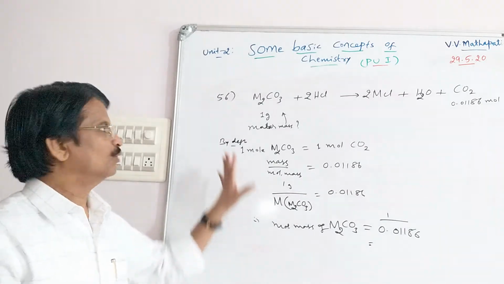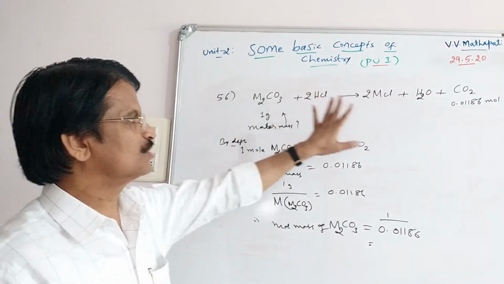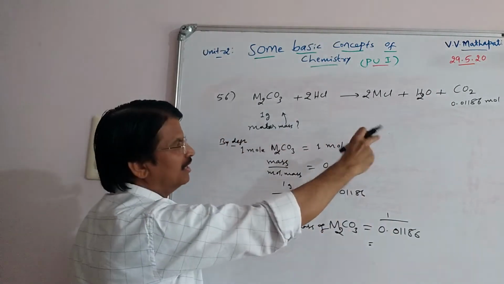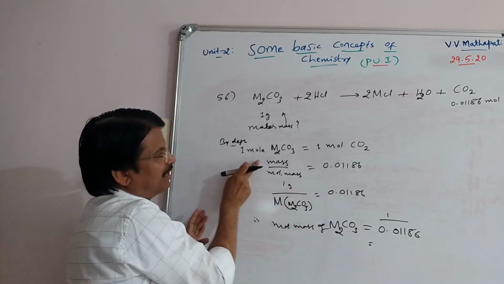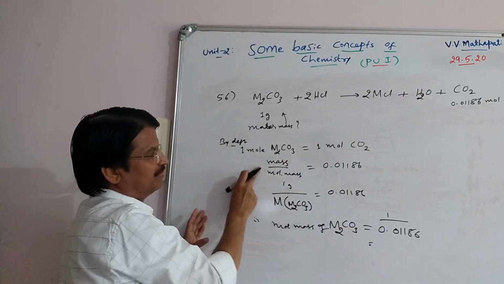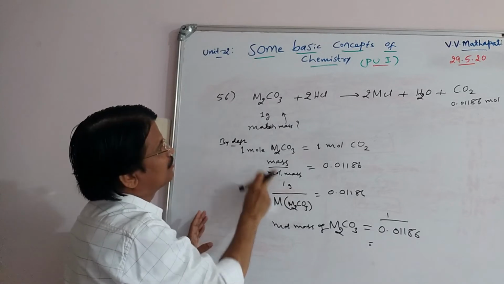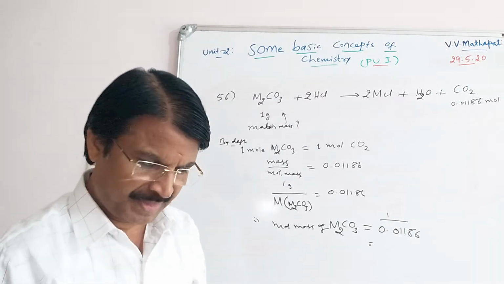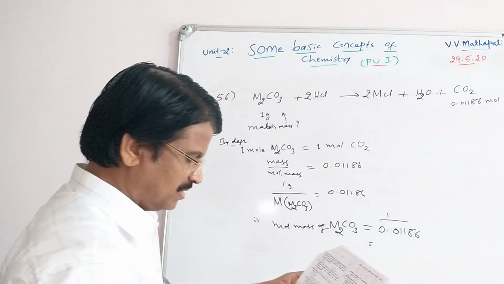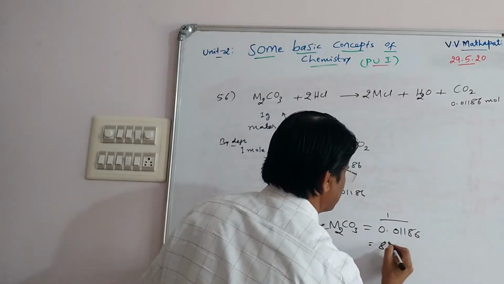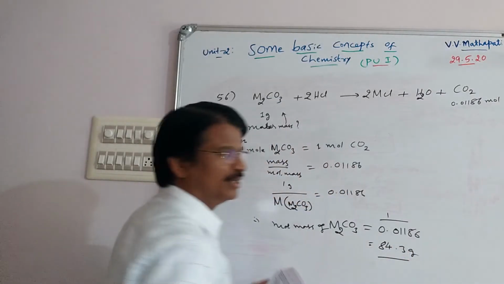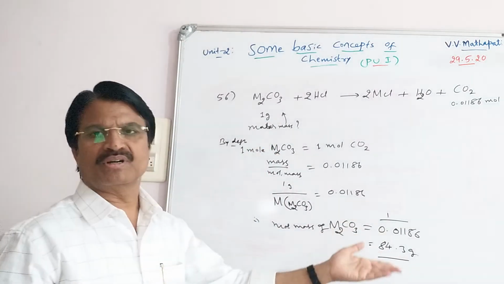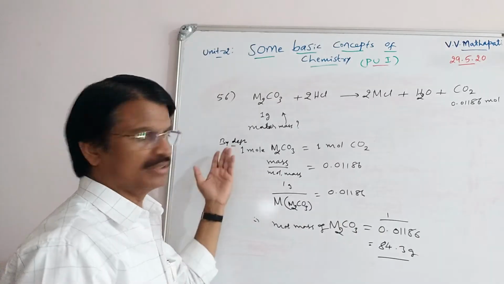Now, very simple tricks I told here. First I wrote the equation, and based on the moles, theory says 1 mole gives 1 mole. Both are equal. The mole of CO2 is given in the question paper, and the mass of the M2CO3 is also given. Finally we can calculate the molecular mass, because they are asking for molar mass. If it is molar mass, write in grams. Therefore the answer we get is 84.3 gram. Why represent it in gram? Because they are asking molar mass. Molecular mass in gram is called molar mass. So this is also an important question.